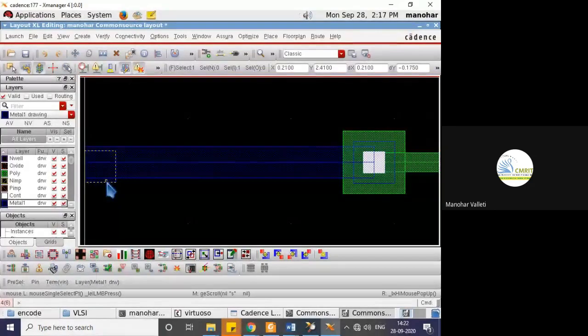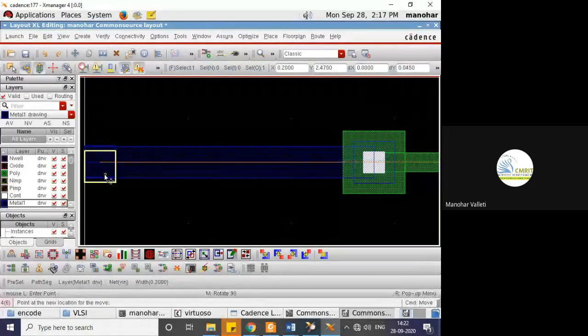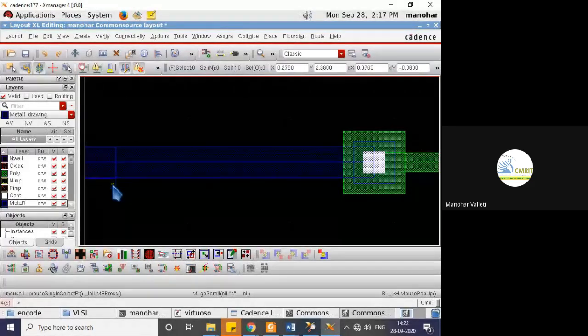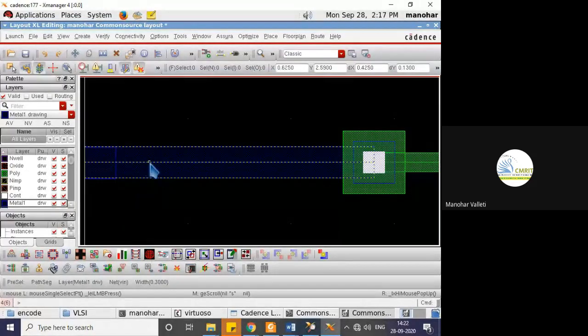Escape, and move this one slightly above like this, so that the entire connection you are trying to put for the input will be connected there, so that no DRC violation will come.